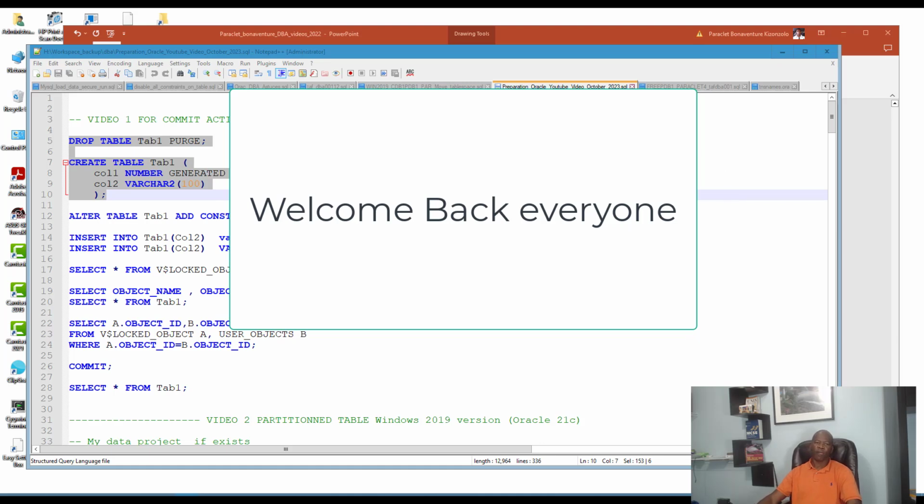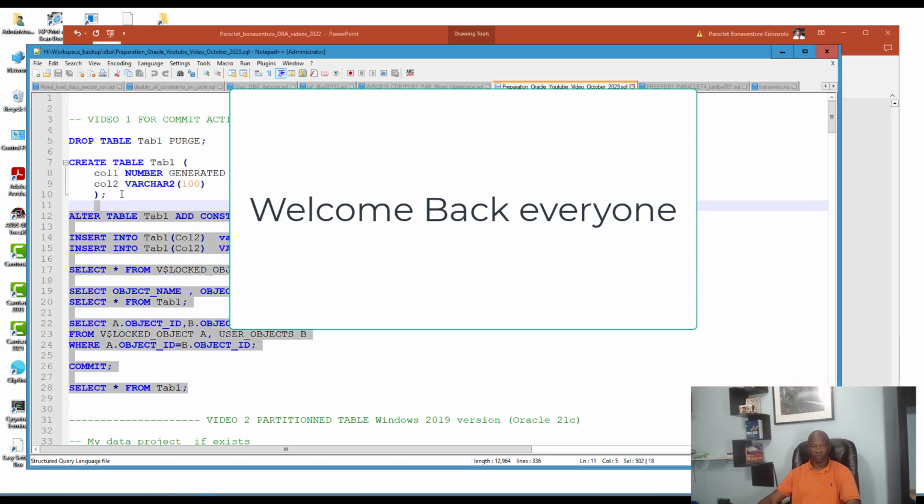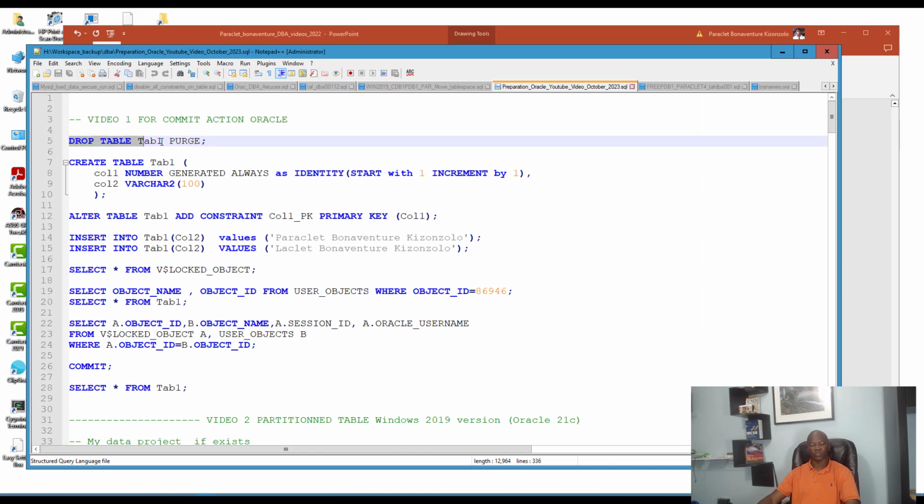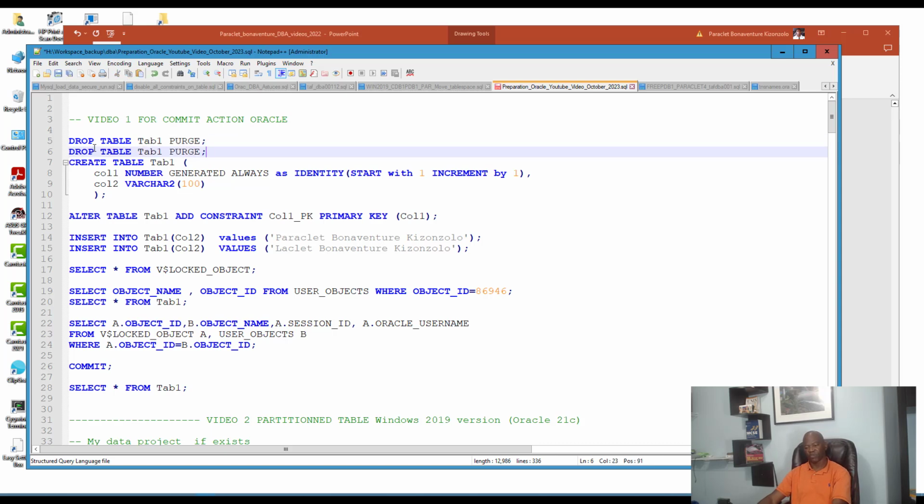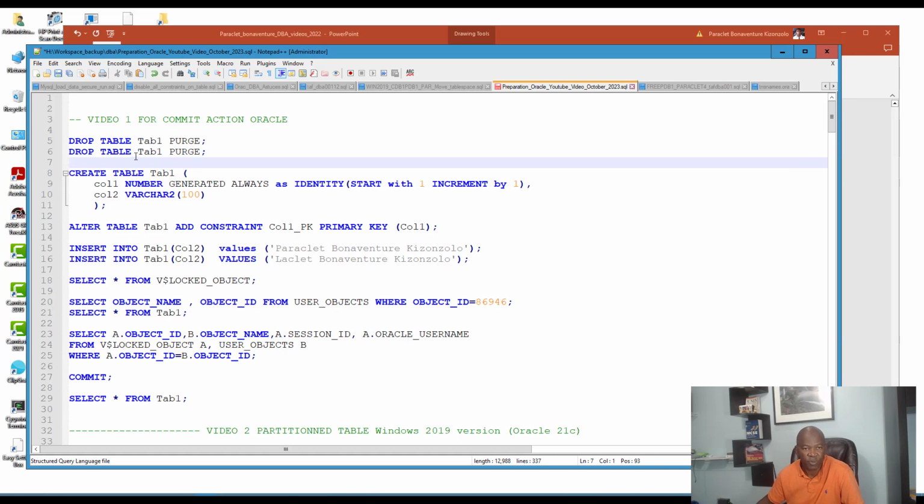So the first video is simple, only 20 lines. Okay, we will use this. We drop this table. Okay, this will change. Here we have drop table. Now in this new version, Control C, it will be Control V, drop